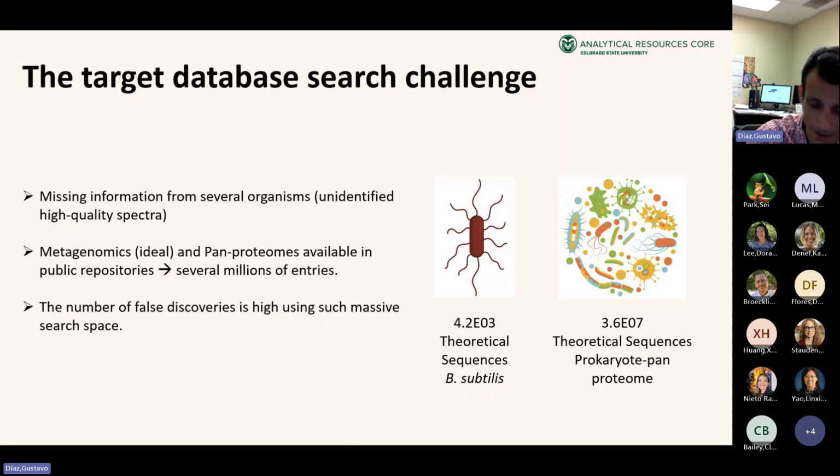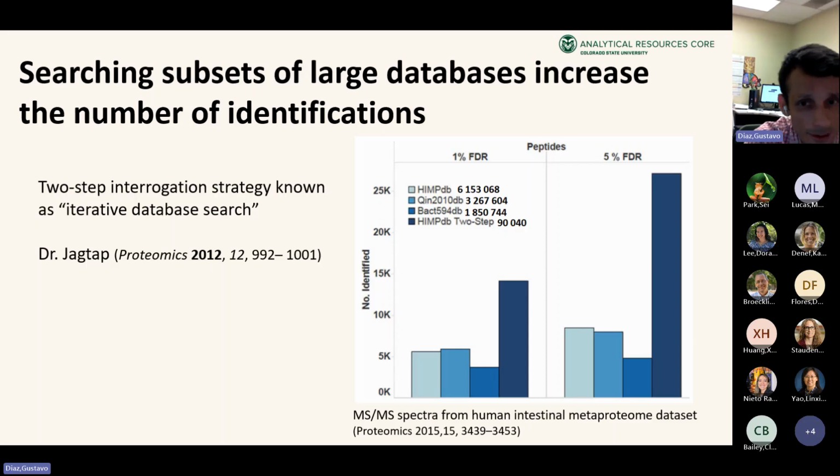So that takes us to the first big challenge that we have to do metaproteomics studies. One of the possible solutions is searching subsets of large databases that will increase our identifications. One of our close collaborators, Professor Jagtap, introduced a method known as the iterative database search, and it's a